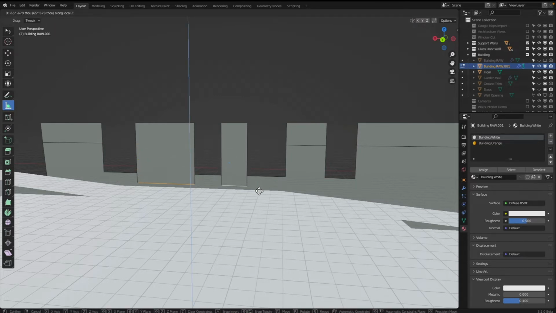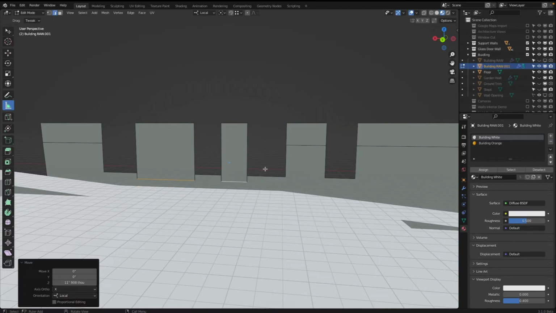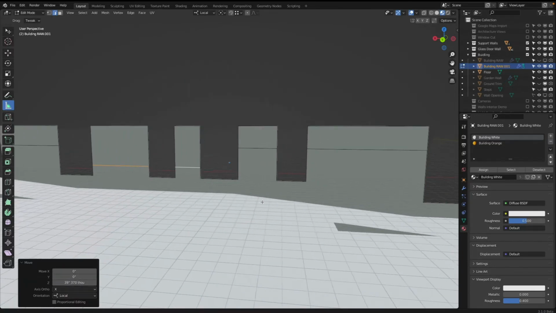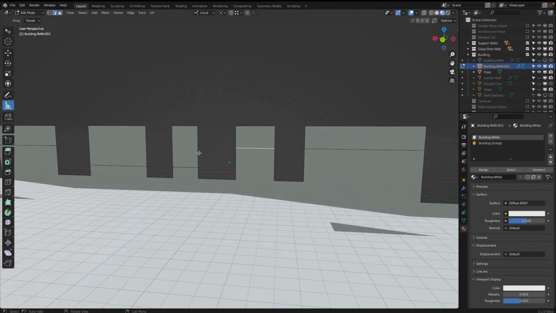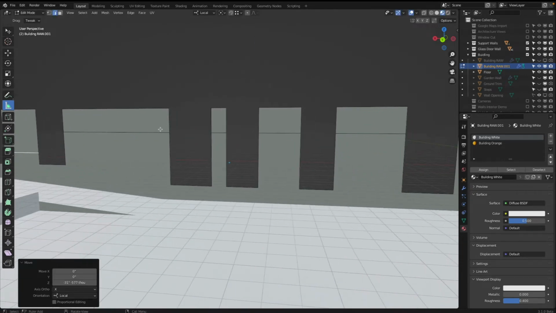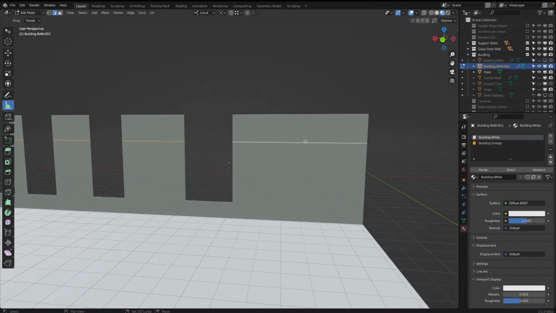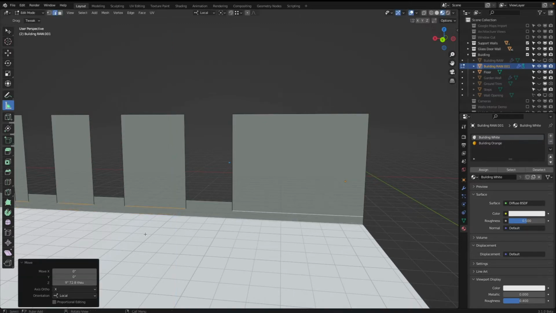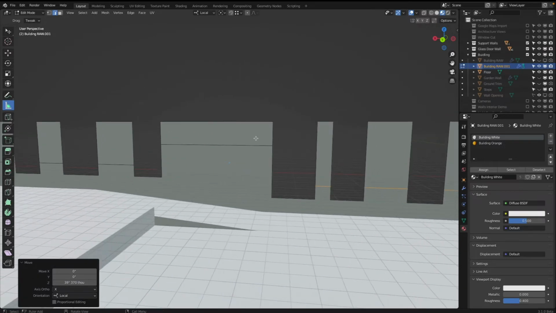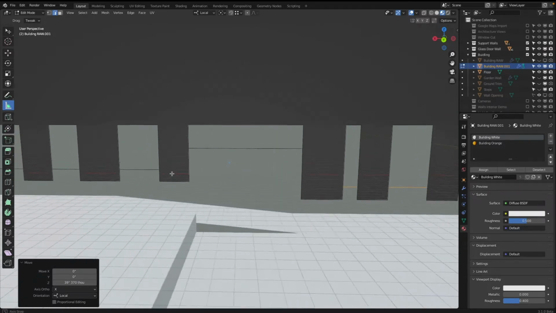G and Z down, G and Z up, and 1 meter. Very good. Here now GZ and I hold Control and snap to this height. Okay, and then actually I will do this. GZ, bring this down, GZ a little bit up, and 1 meter. Yeah, so how do we do this now